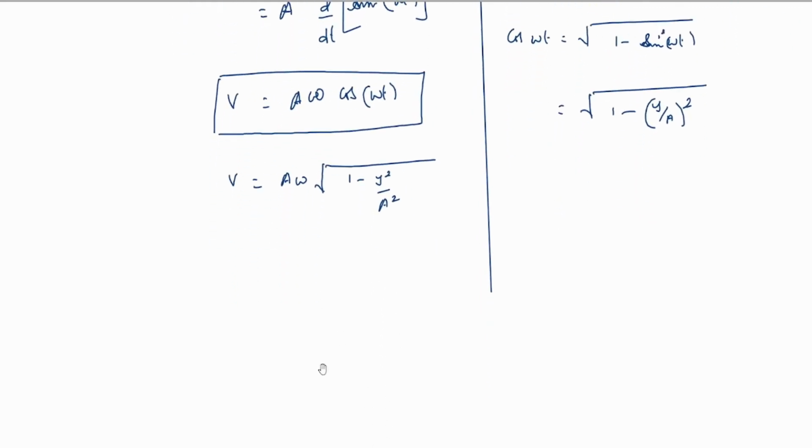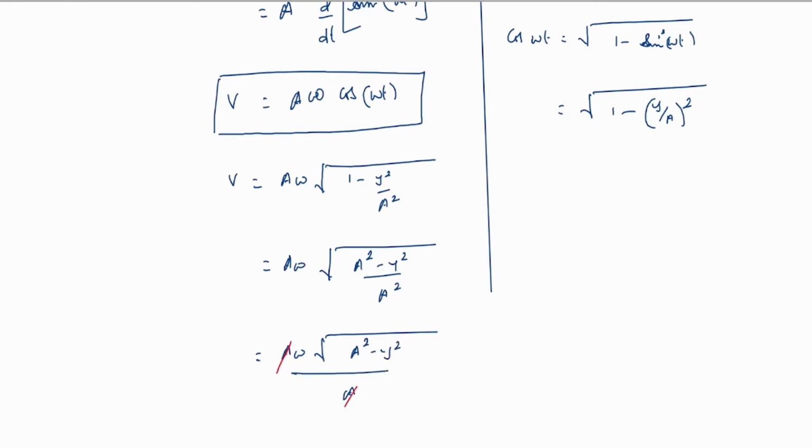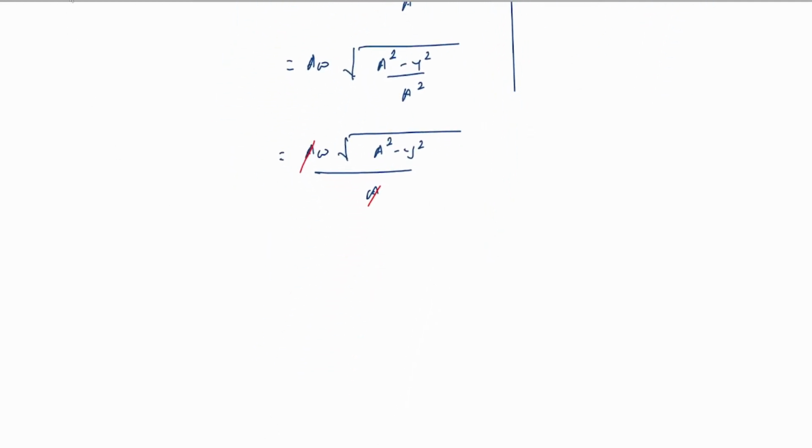If you take out the LCM in the term inside, it becomes a into omega into under root of a square minus y square by a square. If a square comes out of the root, it becomes just a. So it will be a omega under root of a square minus y square by a. From this, a gets cancelled, therefore velocity at any point is also equal to omega into under root of a square minus y square. So this is in terms of its